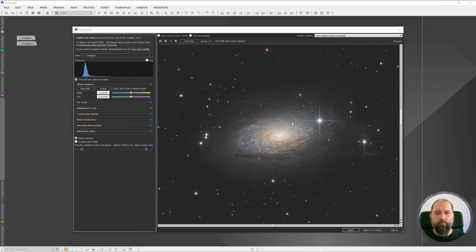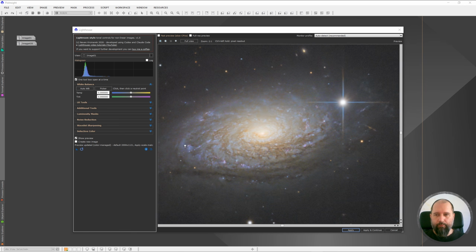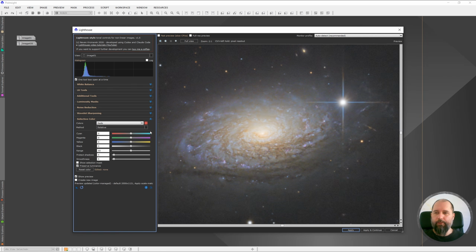Here I can see blues, and there are different kinds of blues. You can see this blue and you can see this cyan blue. So these are two different blues. We have some yellow and brown and red, and we have even magenta on this side of the galaxy. So let's go to the selective color, and I want to change the blues because